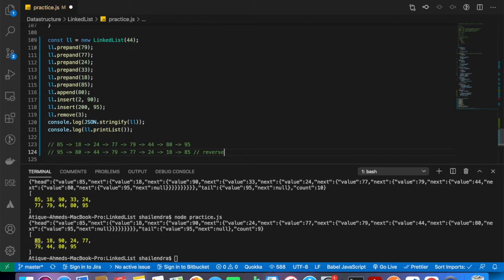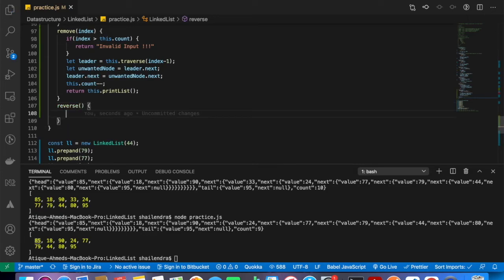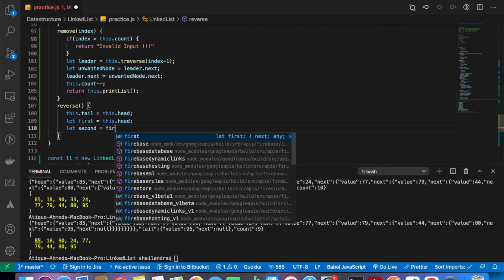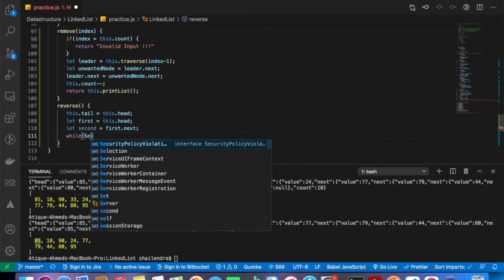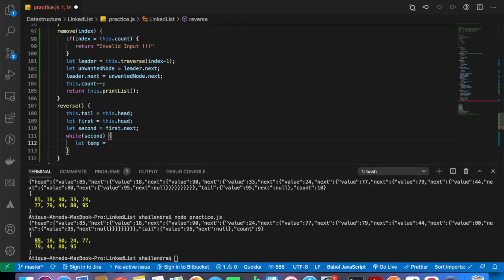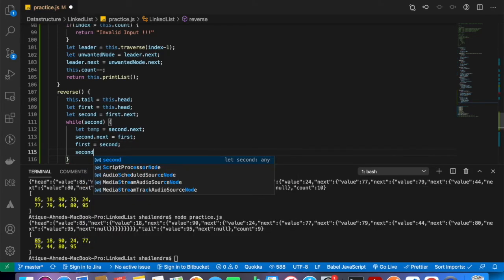This is the reverse. So in order to get this, let's create a method called reverse, and I need to say this.tail is equal to this.head, and let first be this.head, let second be first.next, while second, then let temp be second.next, second.next is equal to first, first is equal to second, and second is equal to temp.